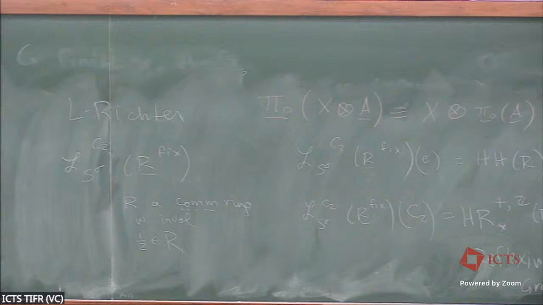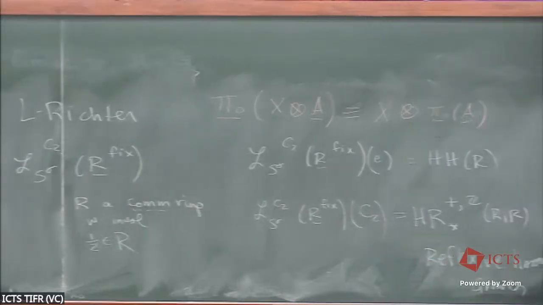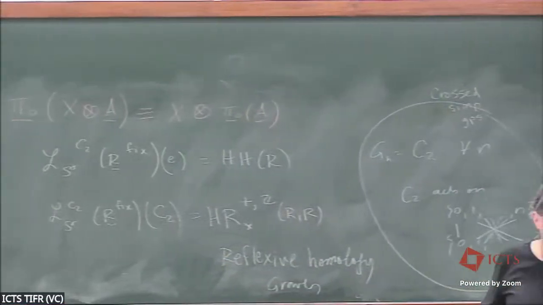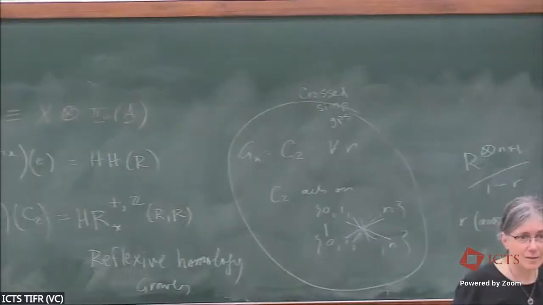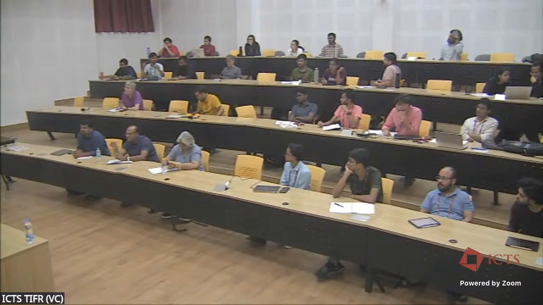The whole point of it is that it is approachable calculationally, as opposed to x tensor A, which is a little scary. So I guess for T equal to CP, there is a monoidal structure on Mackey functors whose monoids are the